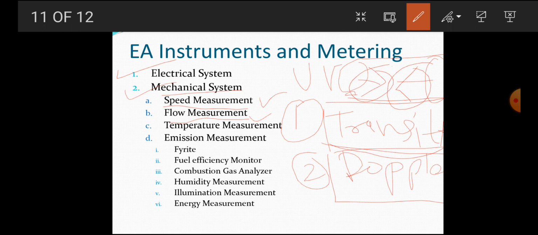They calculate the frequency shift that occurs when ultrasonic signals reflect off particles in the flow stream. So that is the principle of Doppler. So we have seen two, transit and Doppler. Then